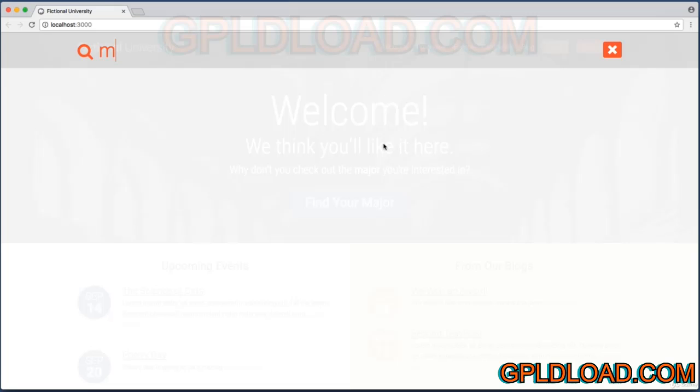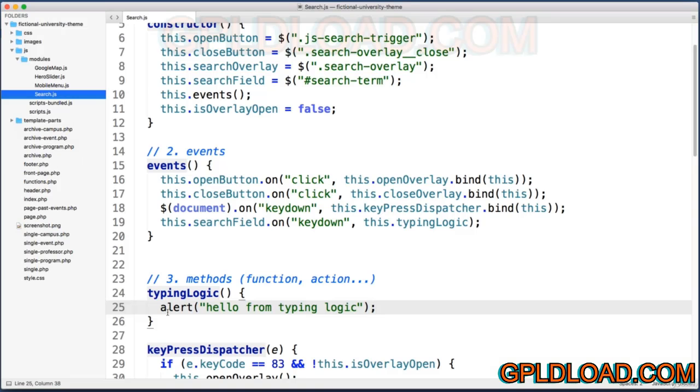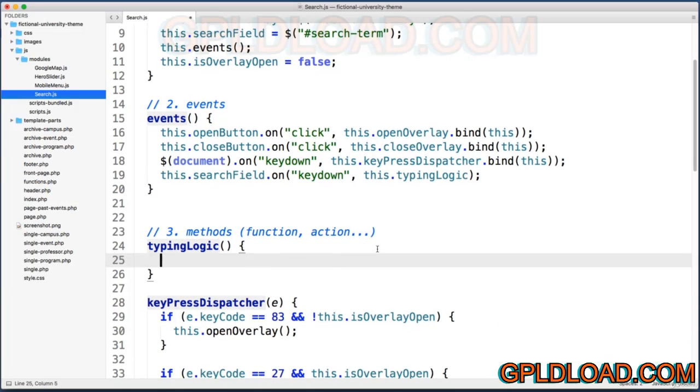Now let's learn how to manage and work with time in JavaScript, because we don't actually want to do something the millisecond a key is pressed down on that text field. So within our typing logic method, let's delete this alert test line. And instead, I want to show you how we can wait a little while in JavaScript before doing something. Just as an extreme example, let's imagine we wanted to wait a full 2 seconds after the event happens and this method runs. So within the method, we can use something in JavaScript called